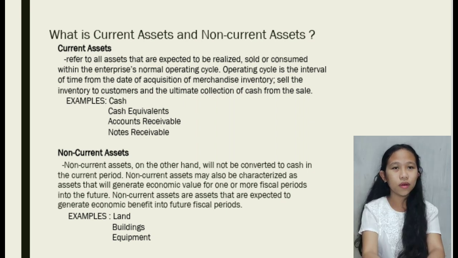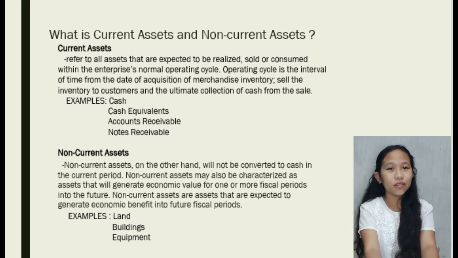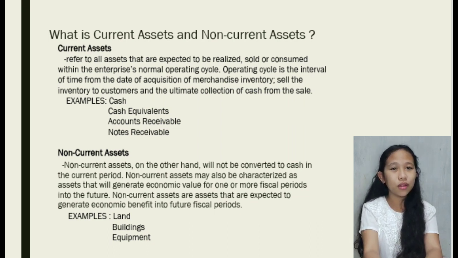All the assets of a company that are expected to be conveniently sold, consumed, used or exhausted in standard business operations within 1 year. Examples are cash equivalents, petty cash fund, notes receivable, accounts receivable, estimated uncollectible accounts, advances to employees, inventories, prepaid expenses, and short-term